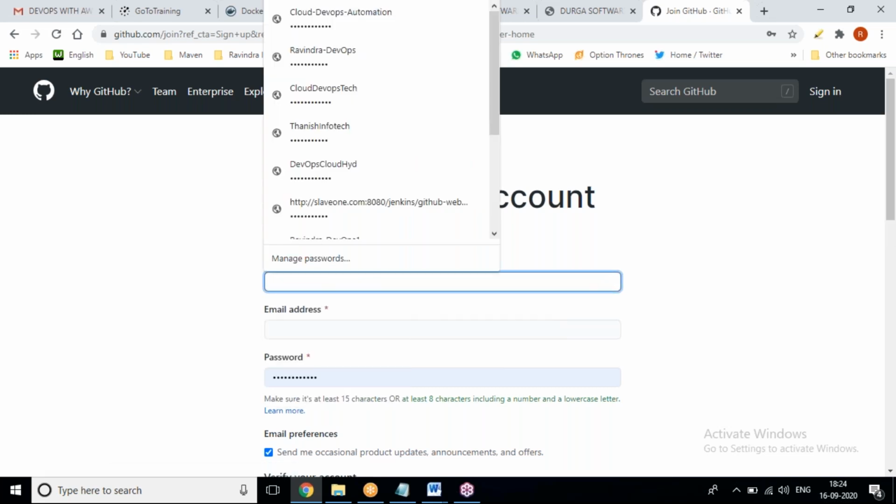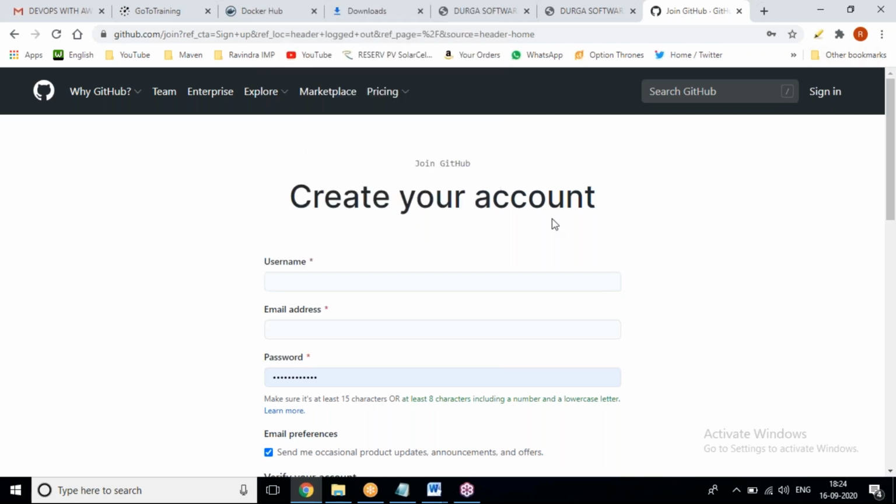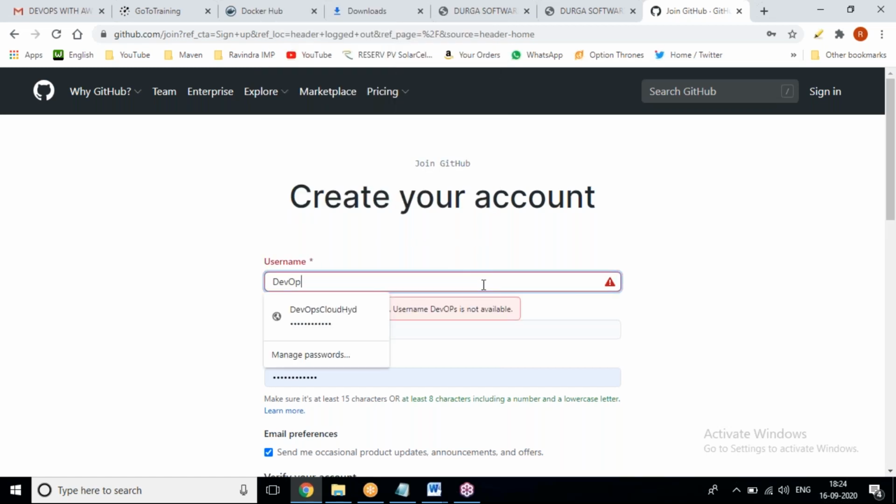Now create a user account. That should be unique. Automatically a database will check from GitHub. Okay, this is my user account.